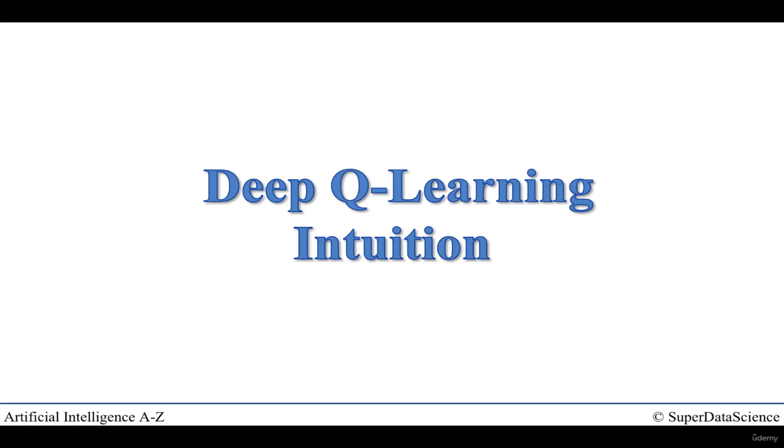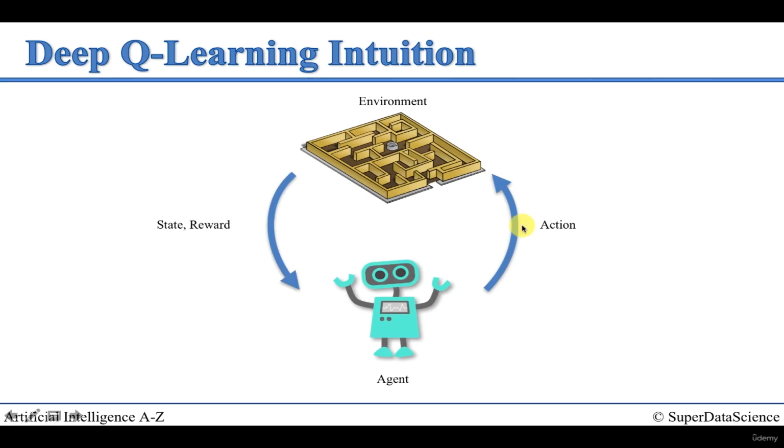Hello and welcome back to the course on artificial intelligence. And finally, we're on to the fun stuff. We're on to deep Q learning. All right, so let's have a look. Previously, we spoke about Q learning and what it's all about. And we learned about the agent, the environment, and how the agent will look at the state he or she is in, take an action, get a reward, enter into a new state.